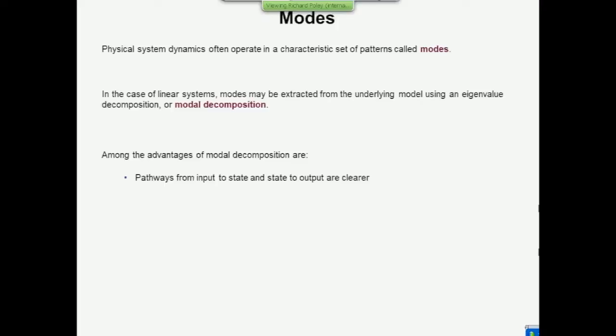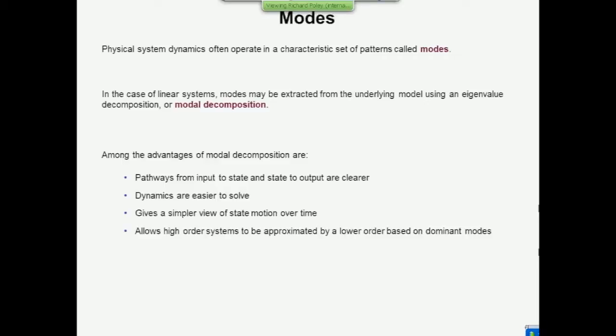And there are many reasons why you might want to do it. The first is that the fact that these modes are uncoupled from one another gives us a very clear visualization of the pathways between the input and the output. Not only that, but the pathways from the input and the state to the output are much clearer than they would be if you had just taken a random state vector representation. The dynamics are much easier to solve because they're scalar, not vector. It gives a very simple view of motion over time,